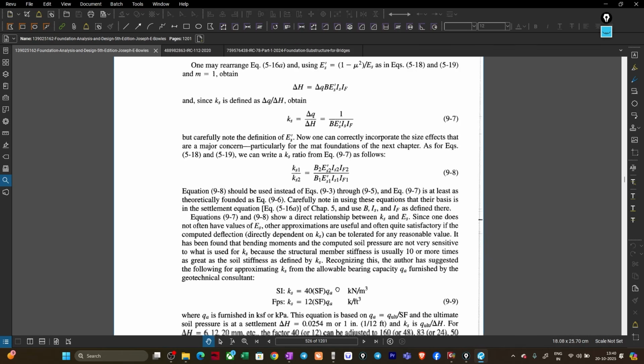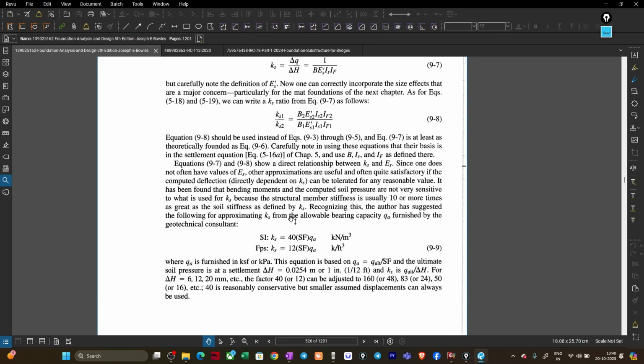Here the author has recommended this formula for the SI unit, which is 40 into SF, the safety factor, into QA, which is nothing but the allowable safe bearing capacity. So this safety factor, when we multiply it with the safe bearing capacity, is basically giving us